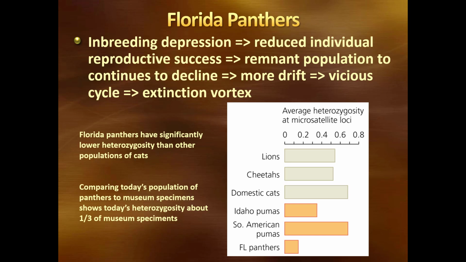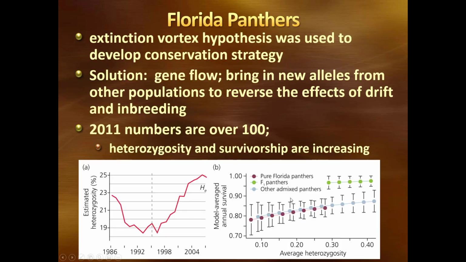So we see very, very low heterozygosity. The data here look at some attempts to show what has happened in the Florida panther population. If you notice, from 1986 to around 1996, the population heterozygosity drastically decreased. Then they started recovering the population a little bit, and we see that heterozygosity has come up a little bit. The heterozygosity can only come up so much if the population tanks, because again, you only have so much to work with if you don't bring in genes from the outside.